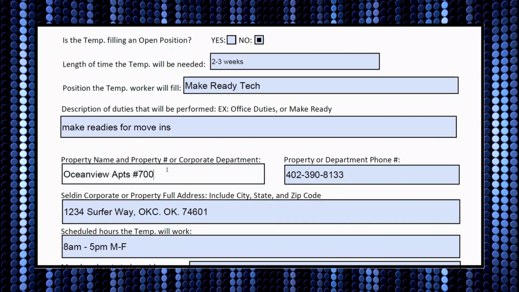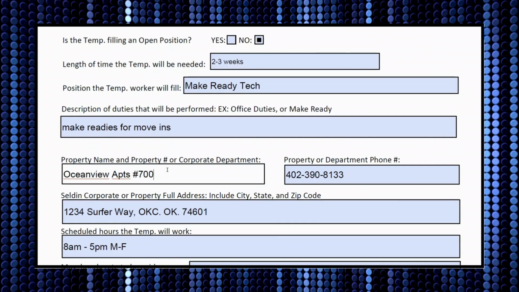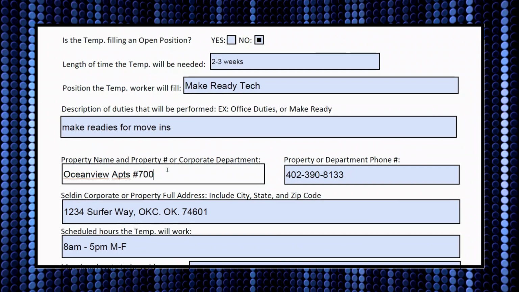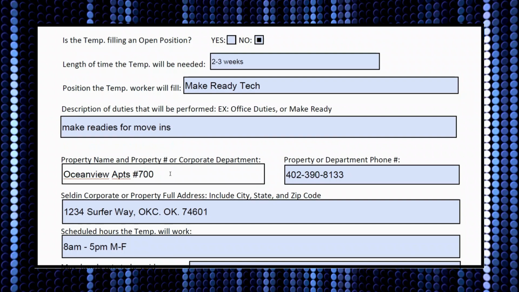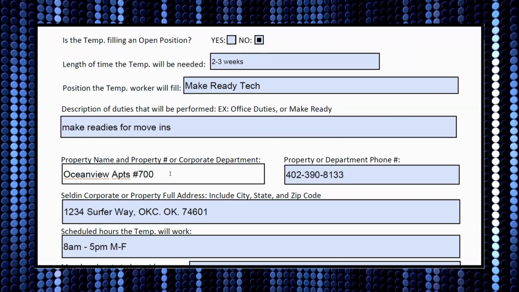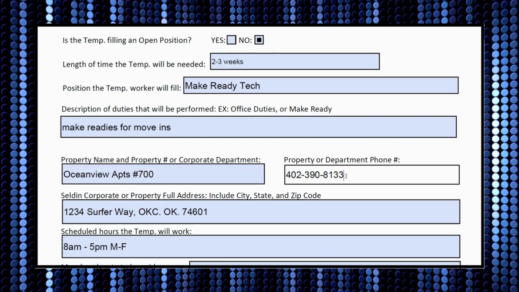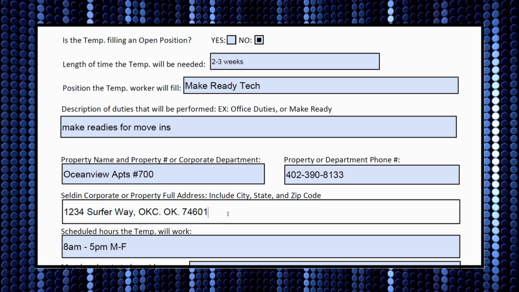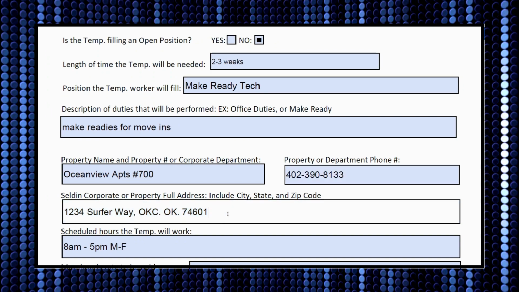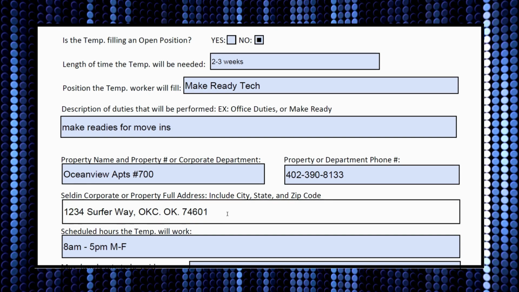Next, we'll want to capture the property name and the property number, or again, if this was an accountant or potentially a marketing intern, we would want to go ahead and list out that particular department. For this example, we'll say Ocean View Apartments, property number 700. We would then list out the property or the department phone number, and then we'll provide either the corporate or the property full address. Please be sure to include the city, state, and the zip code when you're including the